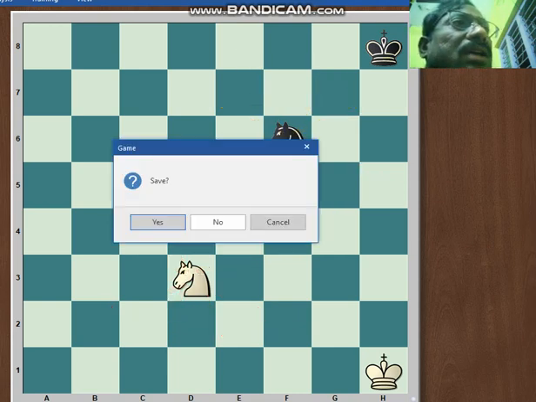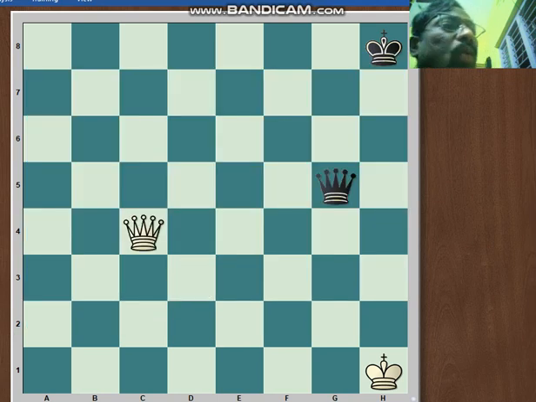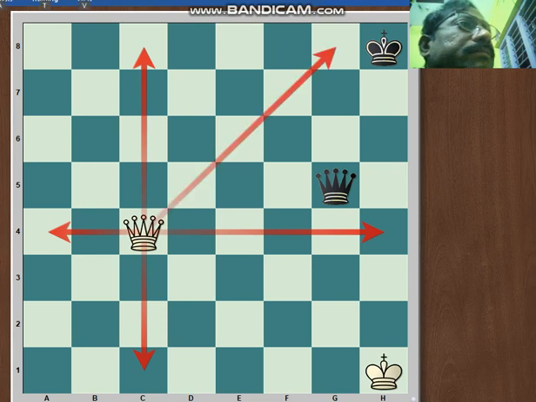Now the last and most powerful piece, that is the queen. See, the white queen can move any number of squares on file, rank, and as well as diagonal.